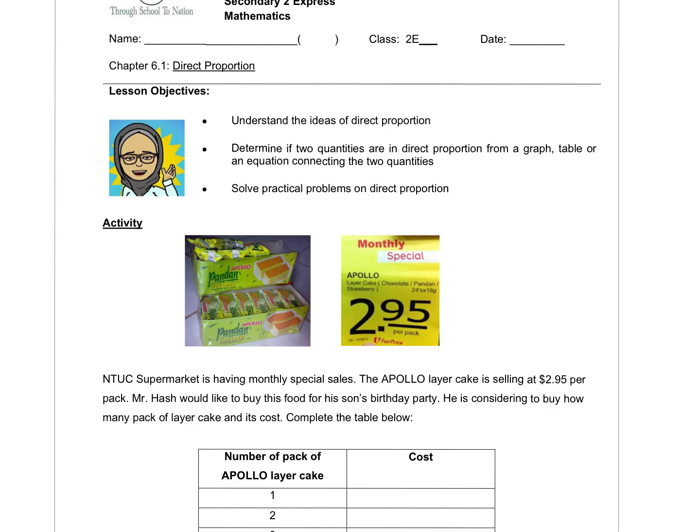So what I'm saying is, direct proportion follows a certain scale factor. That means if you say double, it's always 2 times. If you say half, it's always half of that number. So it follows a pattern. So if I tell you 1 packet of Apollo cakes,